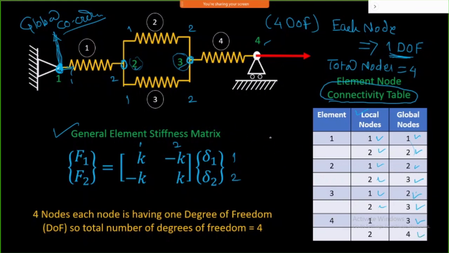And this table is very much helpful when we are doing an assembly of this entire part. If you are going to conduct an assembly, we need to take care of these node numbers, how they are connected to each other, and we need to construct all the 4x4 equations for this. For that purpose, we need this connectivity table.